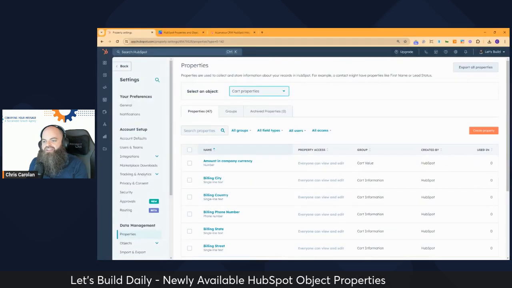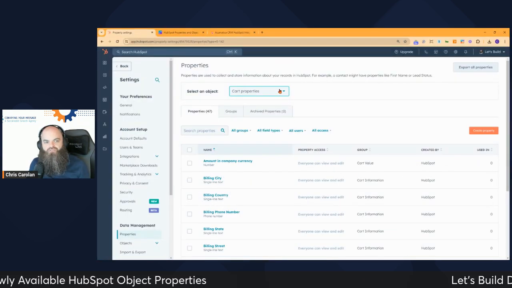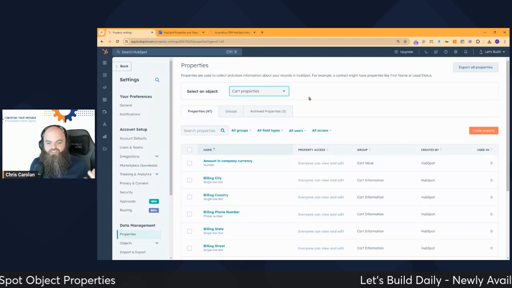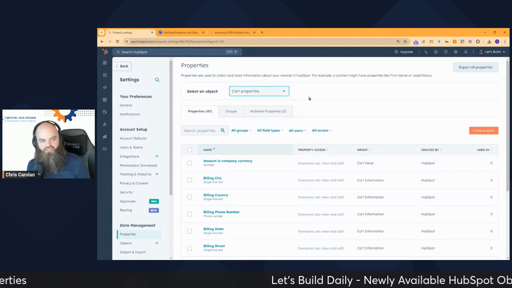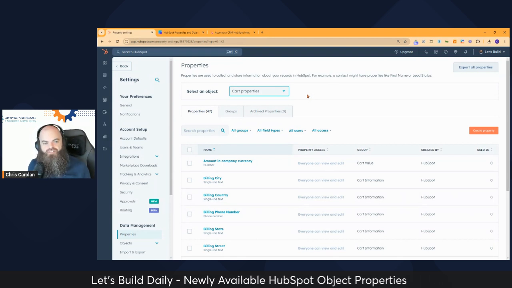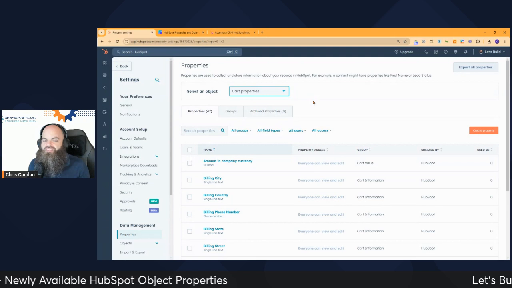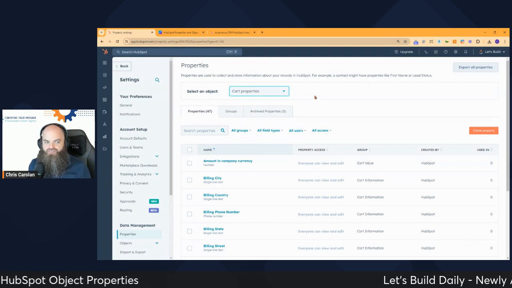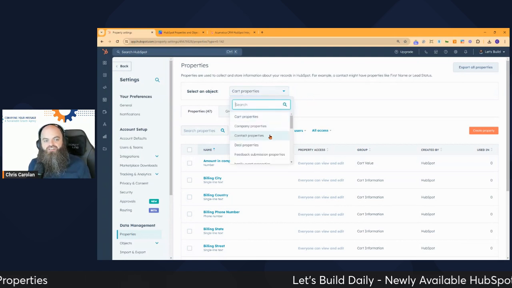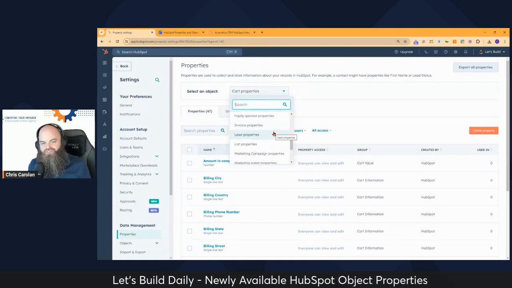So starting to create some separation of ownership and accountability within the system goes a long way. And these properties and the ability to customize help with that, and just creating these other places. We don't have to shove everything into deals, contacts, companies, and tickets anymore. And we don't have to create custom objects even like we used to. We've got all these new options to consider. I'm not saying everybody rushes over and changes their process,